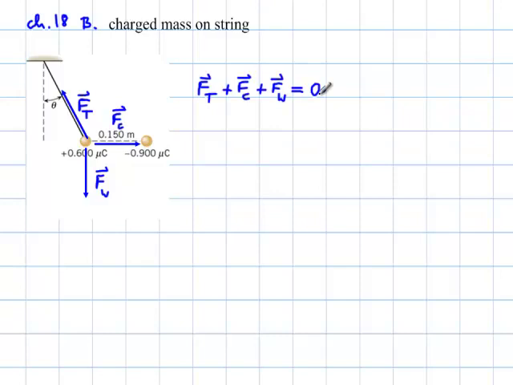Looks easy enough, right? But we're dealing with vectors, so we have to deal with components, so x and y components, so it's actually two equations. Okay, here's the x component. And what I have in the x is the tension times cosine, and I'm going to call this alpha because